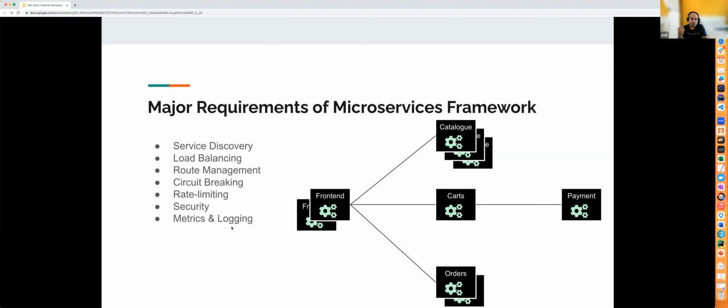And then the circuit breaking. So circuit breaking is something like if one microservice goes down, right? It should not be a cascading failure. It should not be like one microservice goes down and your complete application goes down. If one microservice goes down, you just isolate that microservice and let the other microservices run. Say if the card microservice goes down, front end should still be working with the limited features of the catalog and orders. If just card goes down, others should not get impacted. So basically, that helps you to manage the retries and manage the circuit breaking and all.